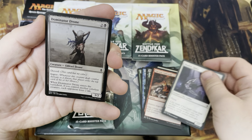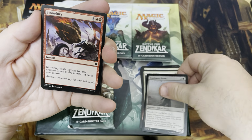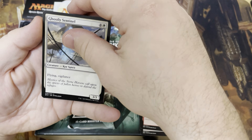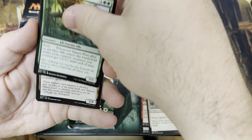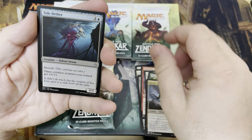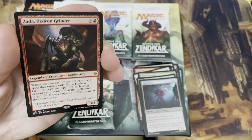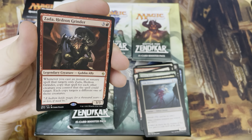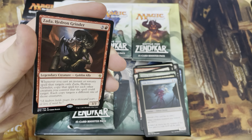Shadow Glider. Dominator Drone. I just love Eldrazi in this set. Stone Fury. Ghostly Sentinel. Tajuru Warcaller, our first uncommon. Herald of Kozilek, good card there. Tide Drifter, and our rare, Zada, Hedron Grinder. I love Zada. I will take another Zada. That's awesome. I think this will be my 3rd copy, but that is totally okay because I have a Zada